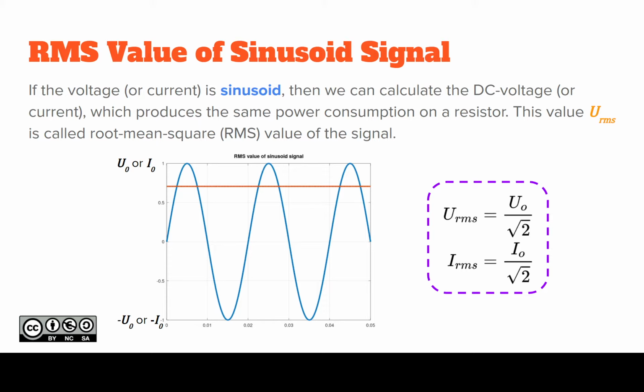So this value is actually calculated for sinusoid, so that what is the voltage which provides the same power in resistor, either as a sinusoid, that's original, or what is the corresponding DC voltage which produces the same amount of power in resistor. Okay,